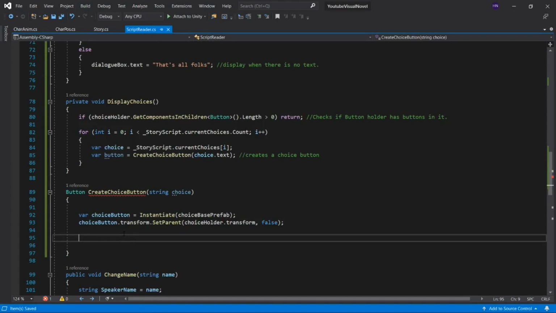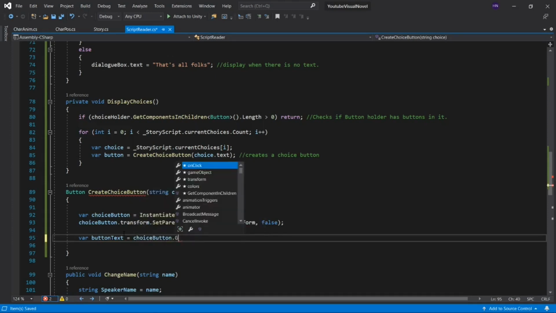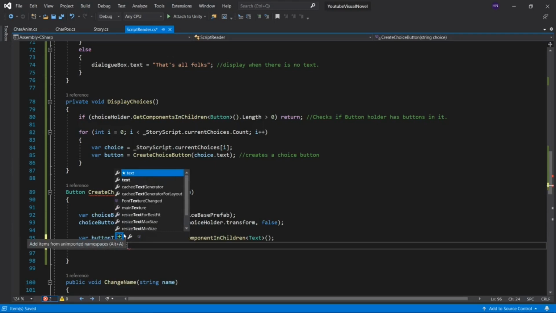So I realized I made a little mistake. Choice should be changed to string choice in this method. Take a peek at that. That is line number 89 in my code. Anyway, let's say var button text is equal to choice button dot get component, and get component children apparently. Then you say TMP text, then you put a semicolon. And ta-da. Next, we say button text dot text